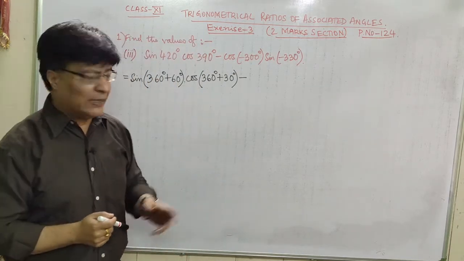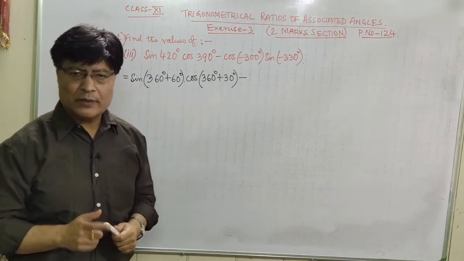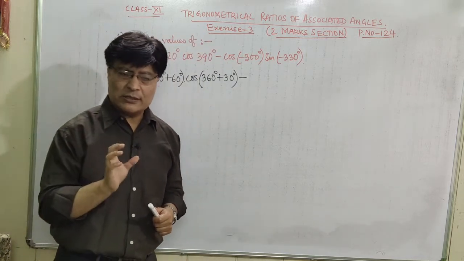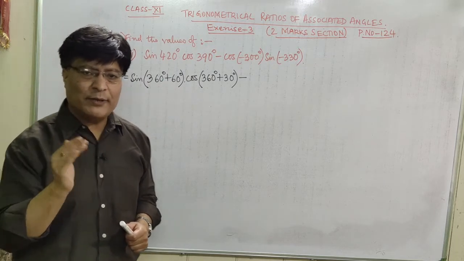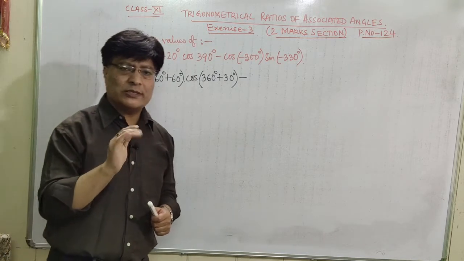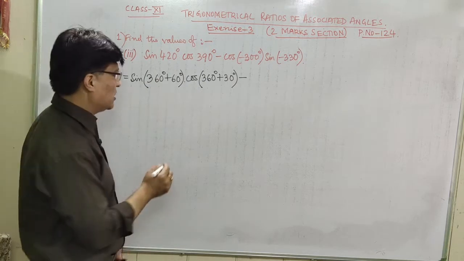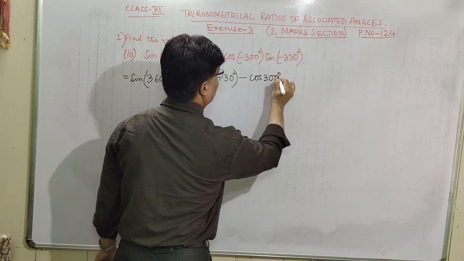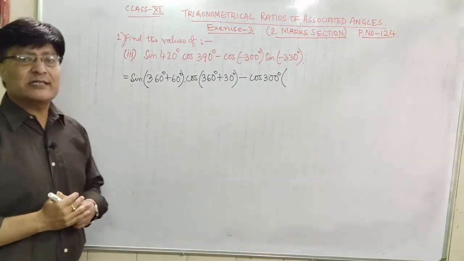Whatever may be the angle here, let us take it as theta. What is cos of minus theta? What is the value for cos of minus theta? First, it is positive cos theta, because minus theta always lies in the fourth quadrant, whatever may be the value for theta. Minus theta always lies in the fourth quadrant, and cos of minus theta is always positive cos theta. So it is cos 300 degree into,